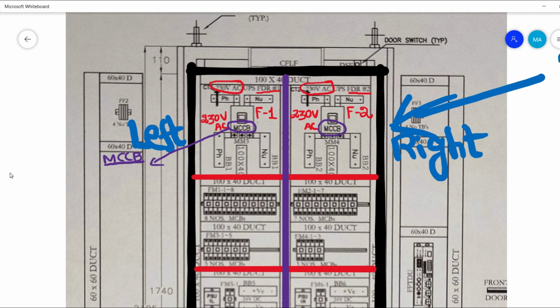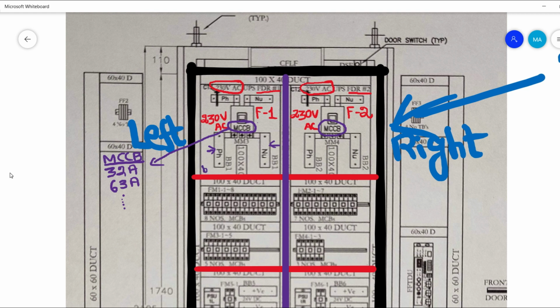This is the main function of the MCCB, and the load is designed or calculated in the initial phase of the project itself. Some MCCBs would have 32 amps, 63 amps, and even higher ratings that cater to the load requirement of the ICS control systems.